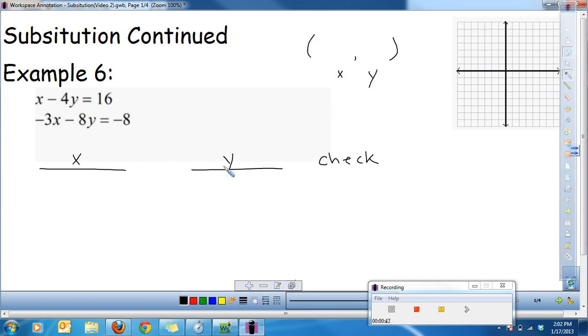So I'm looking at this, and my goal is I'm always looking at this and saying, okay, which of these has a variable that's isolated that I can substitute into the other one? And I'm noticing that there is nothing here. This one is not solved for x and y, and this equation is not solved for x and y. When this happens, you need to rearrange one of the equations for a variable. So you need to rearrange for a variable to isolate a variable.